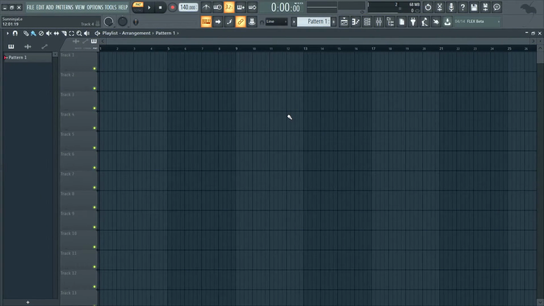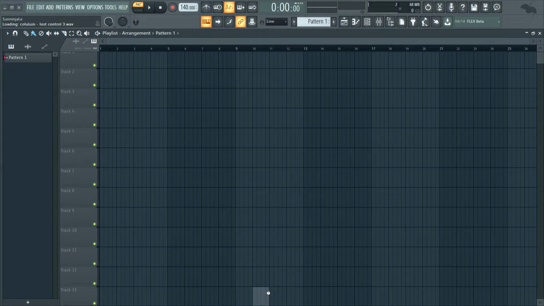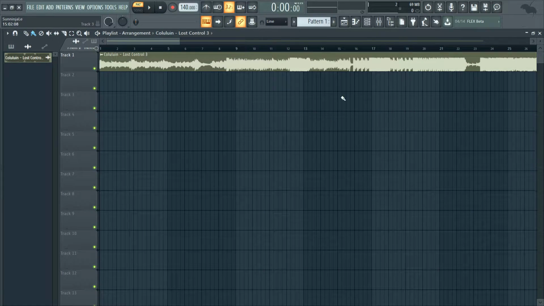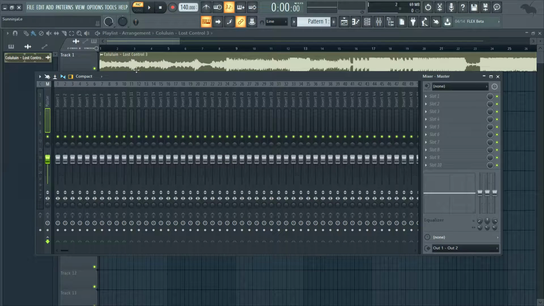Alright, so we're going to want to put in the song, so you can do this within your project or you can just drag and drop the audio file into the DAW itself. And here it is. So the next thing that you want to do is click on the mixer. You don't have to put the track into any of the other mixer buses,